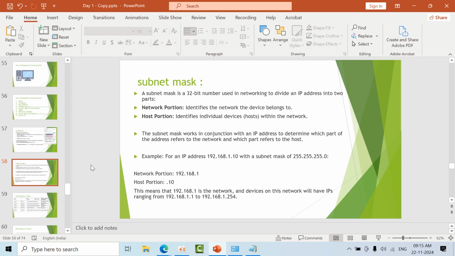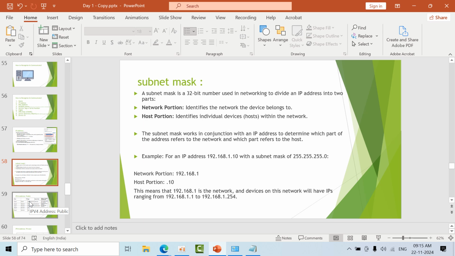Now, regarding IP addresses, we have public jobs or government jobs. Agree or not? We are all doing private jobs only. Agreed? Is anyone doing a private job? Hello? Yeah. So